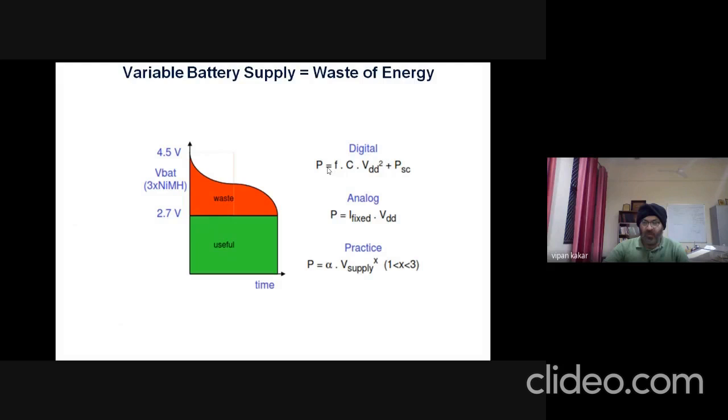Okay, so what about power consumption and power dissipation? In digital circuits, power consumption is calculated from the frequency of operation, the clock frequency, and the capacitance, because the capacitive load needs to be switched every time. Whatever the logic gate is, it has some load capacitance. And every time we switch these gates on and off, these capacitances are charged and discharged. So depending upon the frequency of operation, these capacitances are charged and discharged.